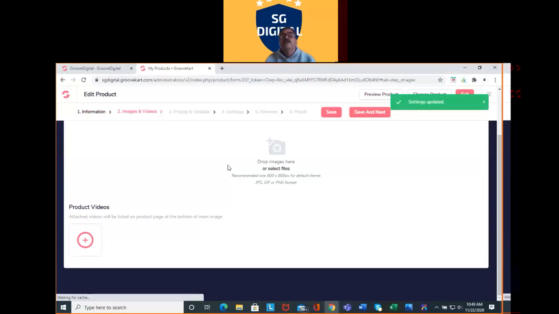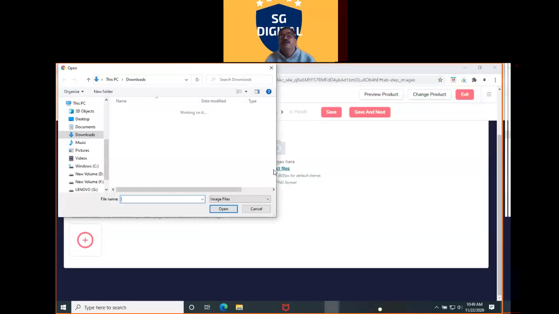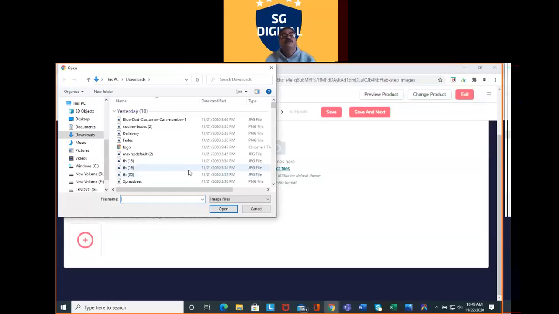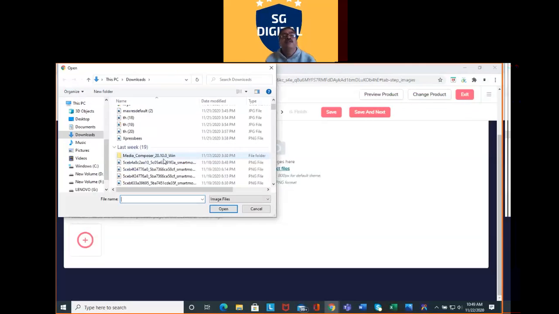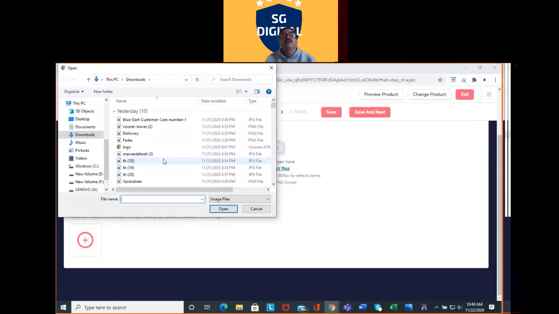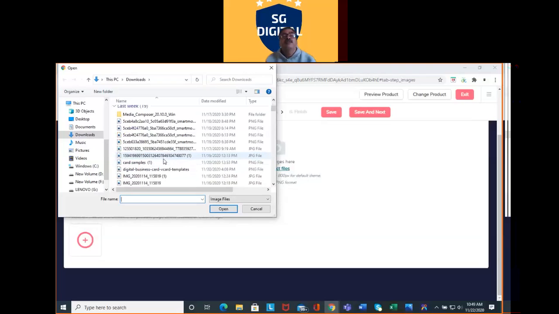Then it's saying drop image here. It's very easy, simple, and you have to upload your files here. So for example, we will have one card which we have created last time, card samples.